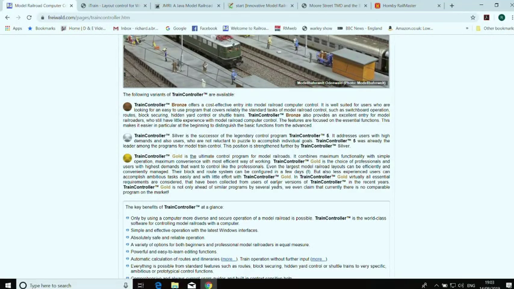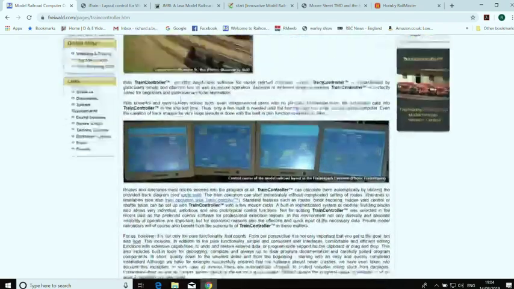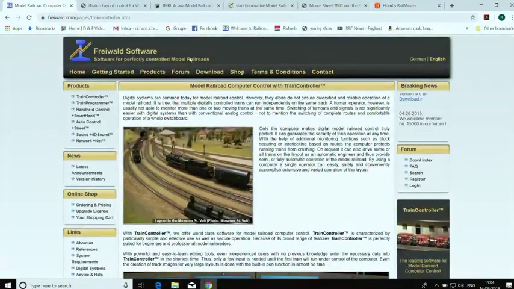You have several different versions of the software. You start off with bronze, which is the most basic version of the software. Then you have silver, which is intermediate, which is good for most people. Then you have gold, for if you have a lot of things happening on the layout and want a lot of control. It is quite expensive software. It's made in Germany by a company called Freiwald Software,